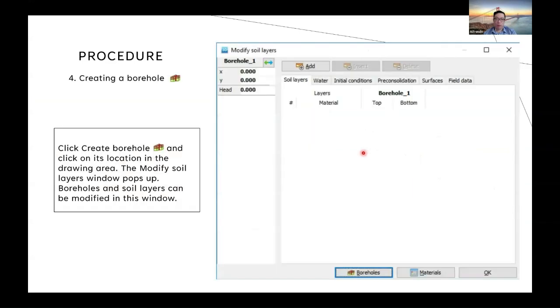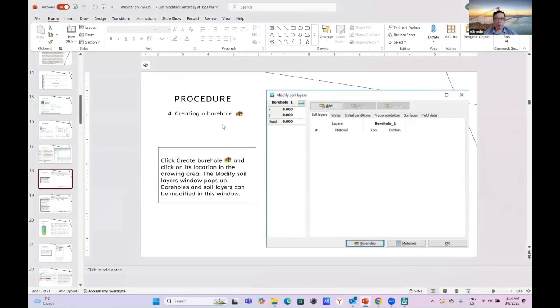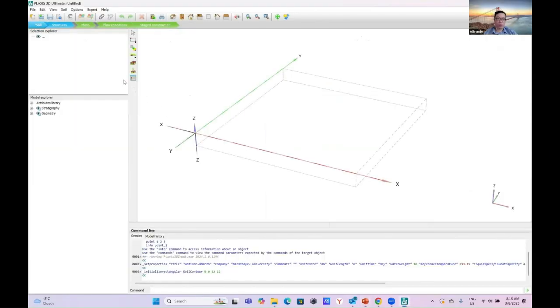Okay, so the first one, we will start by creating the borehole. I will go together with you. So create a borehole. We can see here there is this feature. This is create a borehole. When you click this one, of course it will ask you for a particular location.